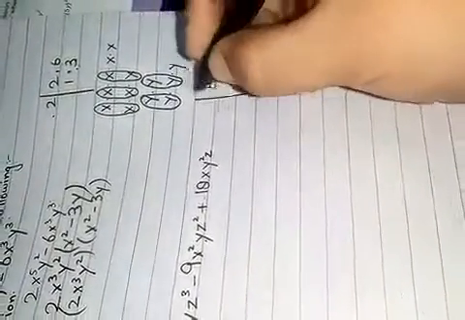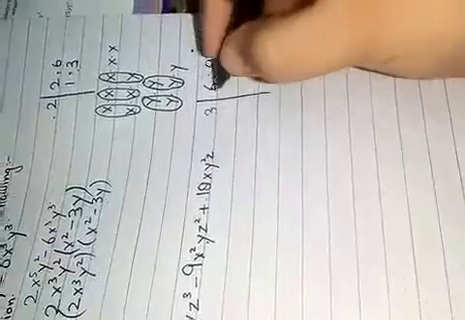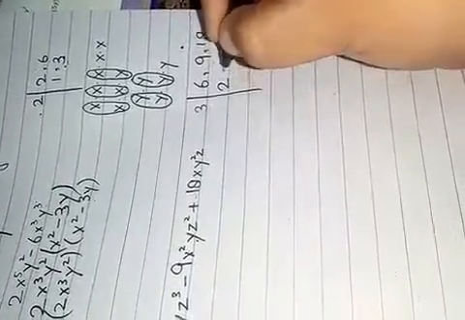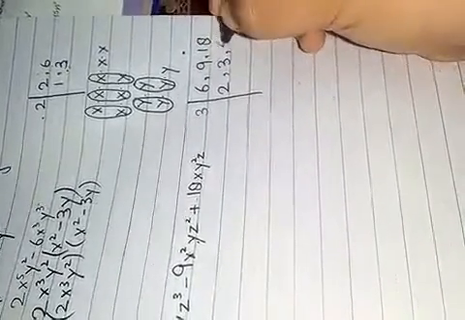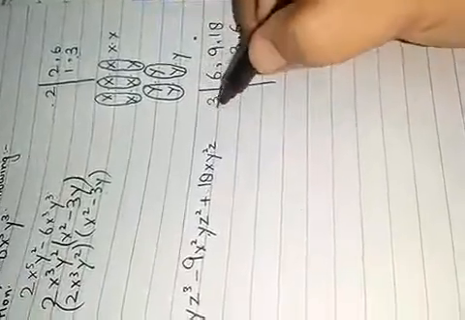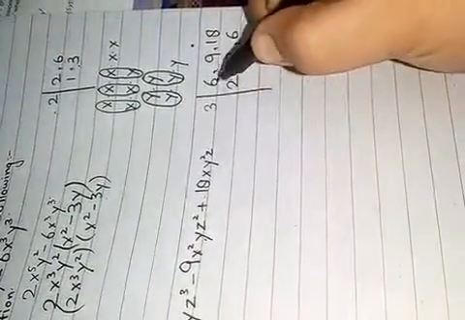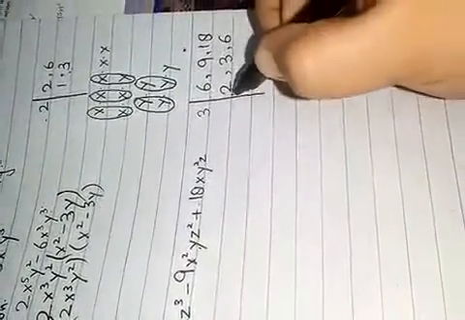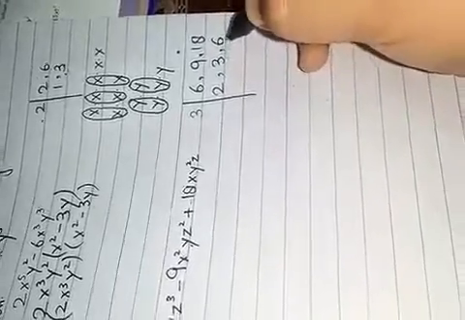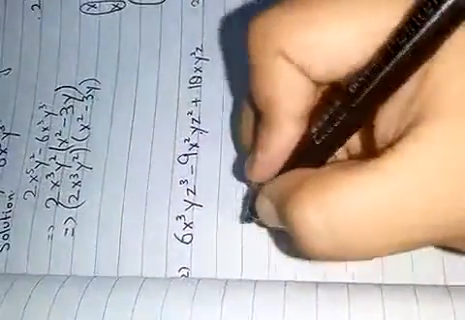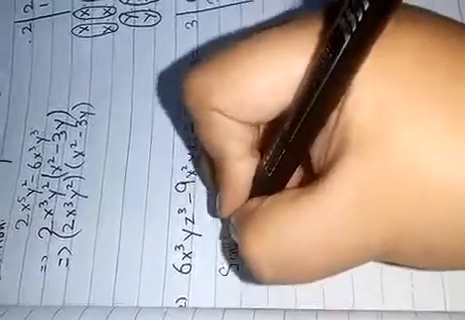The common multiple is 3. So 3 2s are 6, 3 3s are 9 and 3 6s are 18. So 3 is a common multiple which divides all the numbers, and the remaining factors are 2, 3 and 6. So we take 3, we write the solution,